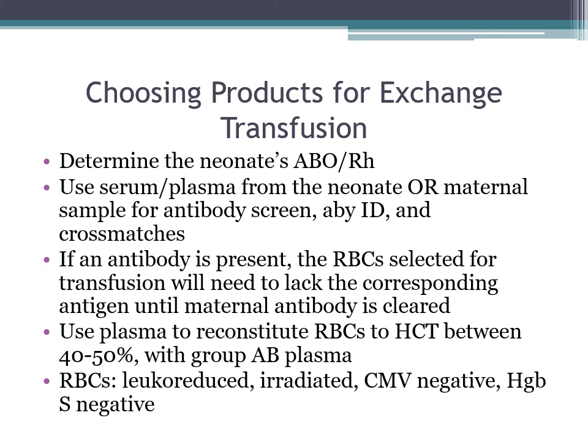So we want to determine the neonate's ABO and Rh, and we're going to use the serum from the neonate or the maternal sample for the antibody screen, antibody ID and cross matches, because it's one and the same, because the neonate's plasma is only going to contain maternal antibodies. If an antibody is present, the RBC selected for transfusion will need to lack the corresponding antigen until the maternal antibody is cleared. So if hospitals are sticking to their guns of asking for O negative, less than 7-day-old, CPDA1,